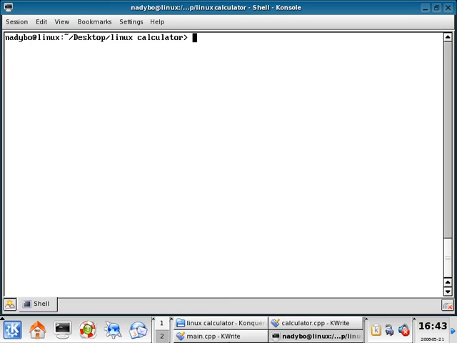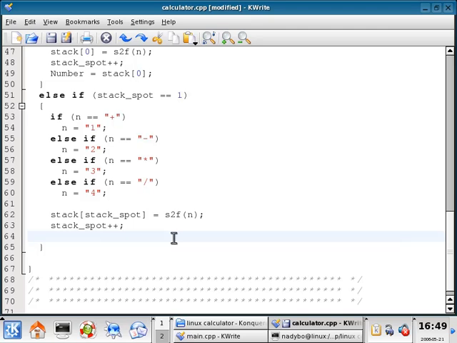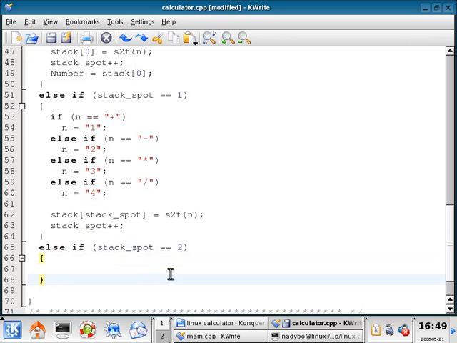It didn't do anything, and that's my fault. We have one more condition that we have to make sure that we take care of here. And this is else if stack spot equals 2. So if it equals 2, this is going to be the one we're going to send off to the equal function. So we're going to do stack